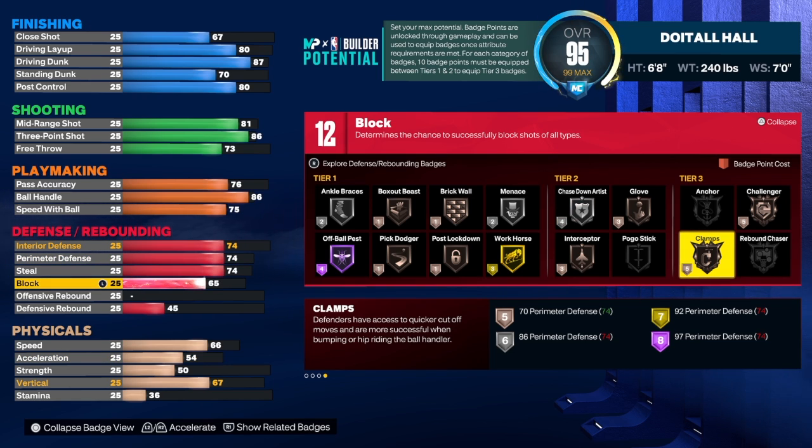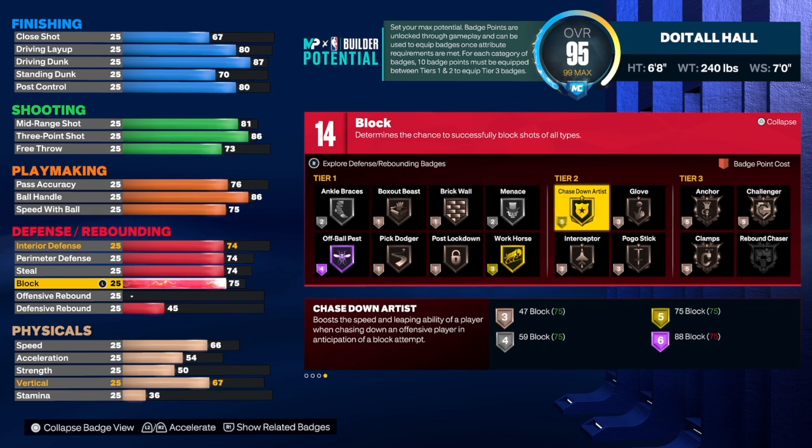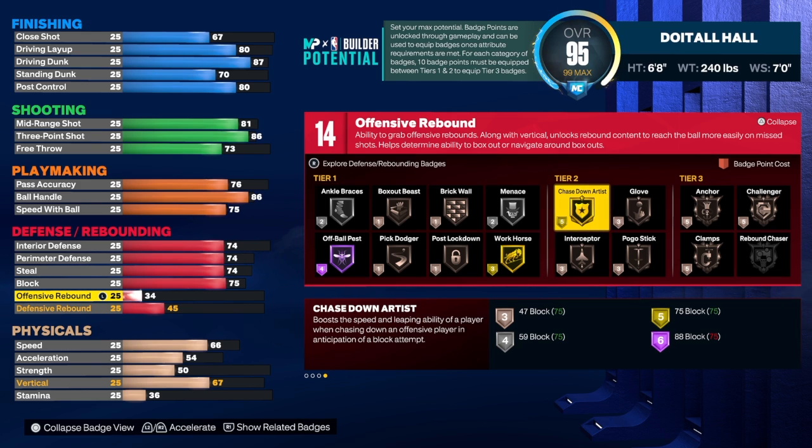For the block, I seen this build with a block of a 70, and I was able to get it to a 75, as you guys can see, because I did want you guys to get the extra badge. I wanted you to get chase down artists on gold, and that's just what it was, man. You have to kind of make do with what you have sometimes and try to add something if you can. Offensive rebound, I just left it at a 37,